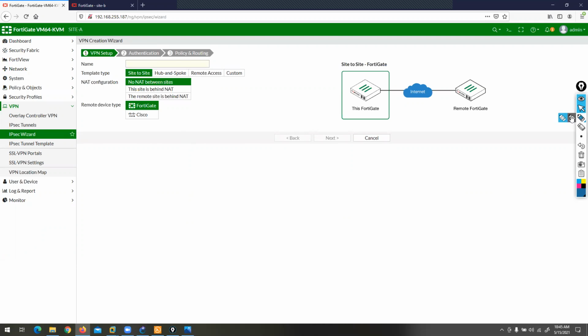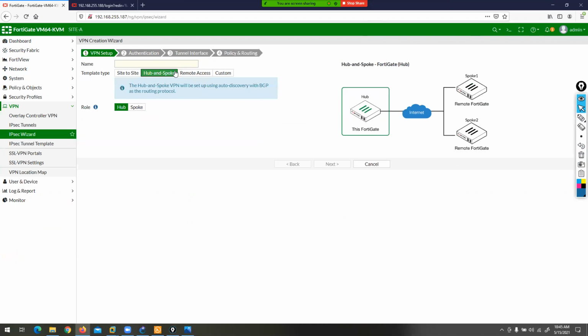If you click on IPsec wizard, you can provide a name here, and here is a template type, for what you want to configure: site to site. Site to site means on one side you have a FortiGate firewall, and on the other side you have a single FortiGate firewall. This is called site to site. Another option is hub and spoke.